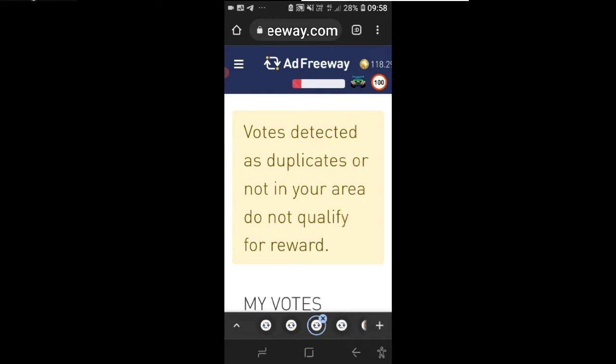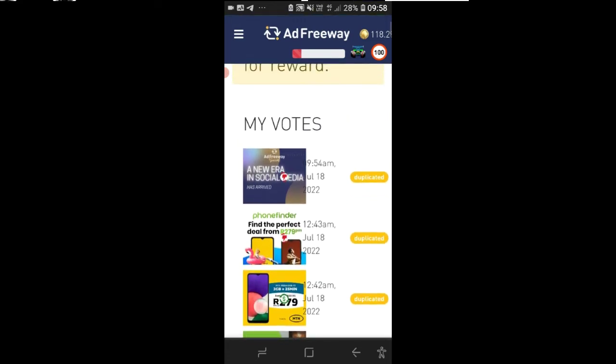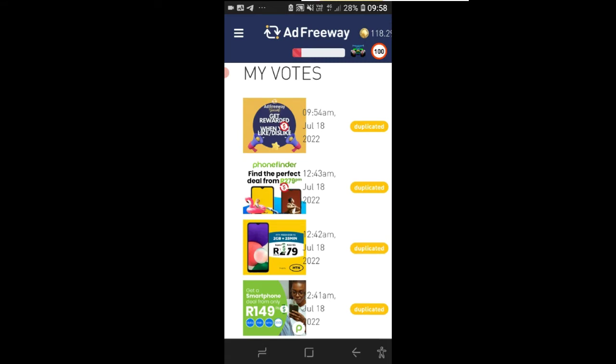Okay, now I'm on the dashboard of this site. If you see something marked duplicated, it's basically because I clicked like on a link twice. Let's say this adds up here today, and then you click like, and then on another day this adds up again and you click dislike, then they say it's duplicated.